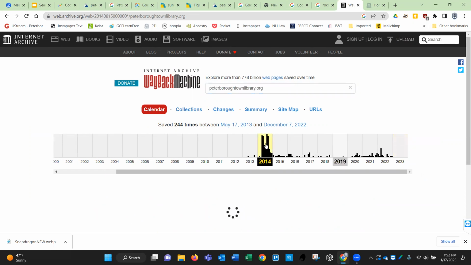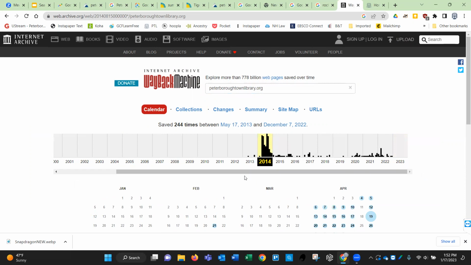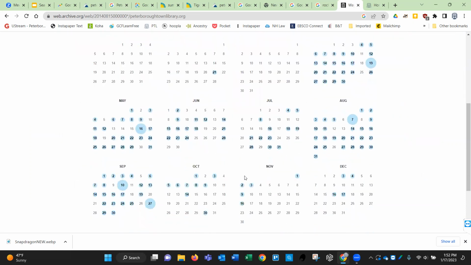So if we go to 2014, we'll click on it, we can then scroll down a little bit to their calendars. Every time you see a bold number and a blue circle is when they have an archive for it. If we hover over the 16th, we can see there are two snapshots, one at 22:21 and one at 12:41:34.